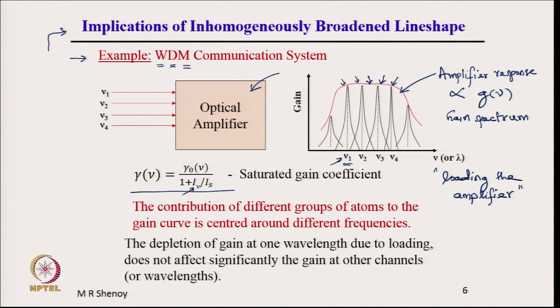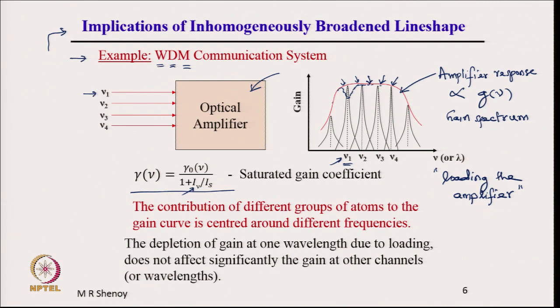Therefore, if I put a signal nu 1, this gain profile will come down at that frequency like this. What I have shown is a dip at nu 1, but not a dip elsewhere. Please try to understand, suppose I had only one frequency nu 1 at the input